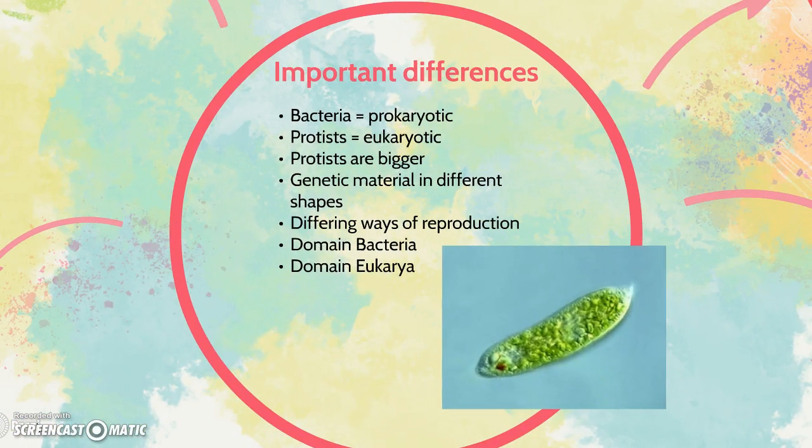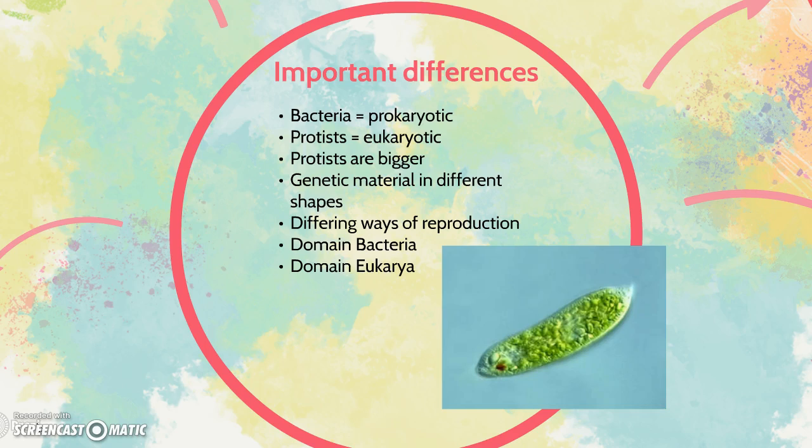To recap and to go over some of the main differences, bacteria are prokaryotic cells and protists are eukaryotic cells. Protists are about 10 times bigger than bacteria in terms of cell size. Bacteria have the genetic material in a looped mass, while protists have theirs in chromosomes. Bacteria reproduce asexually through binary fission, while protists either do that or sometimes reproduce sexually, so protists come in both